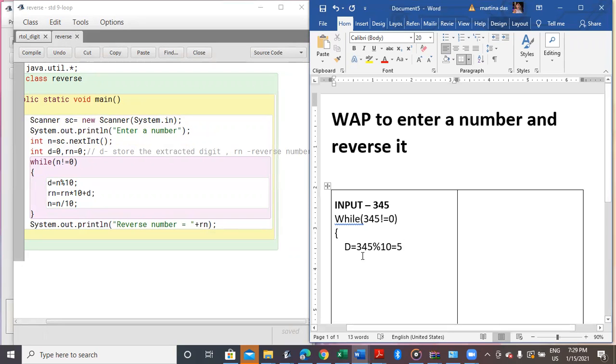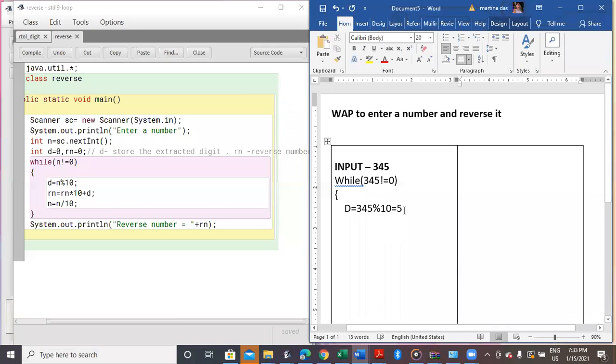So now in rn, you can see the initial value of rn. So we go for the next line, that is rn. Here I'll be showing the reverse of the number. Initially the value of rn happened to be 0 in the beginning.